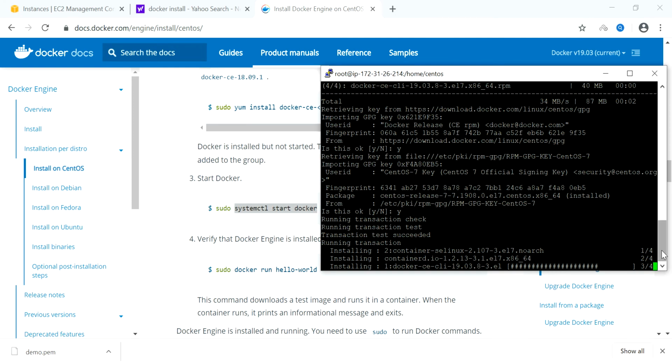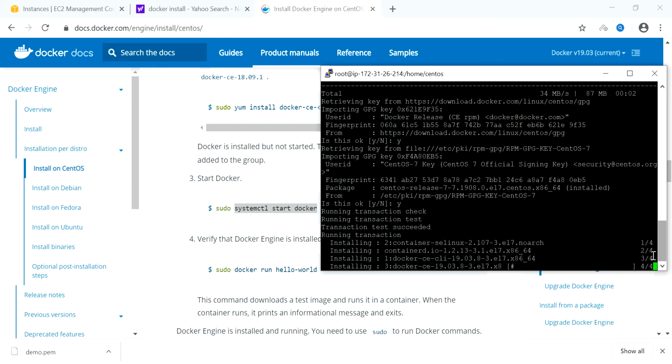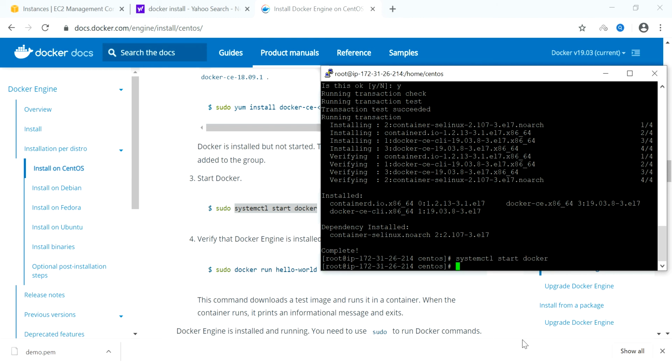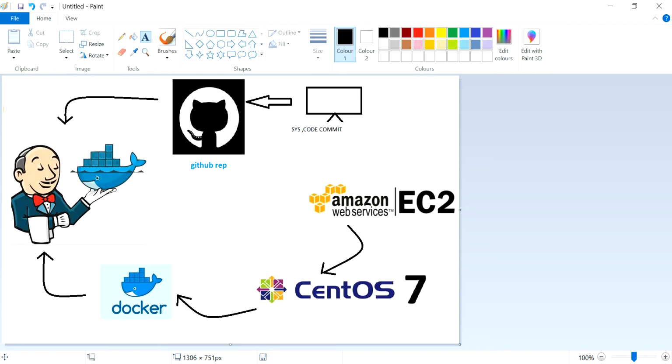Oops, it's still downloading. No problem, we will wait. It says it's completed successfully. We'll start Docker. Docker is successfully started. If it is not successful, we will be getting some errors. We'll go back to our diagram. Docker is successfully